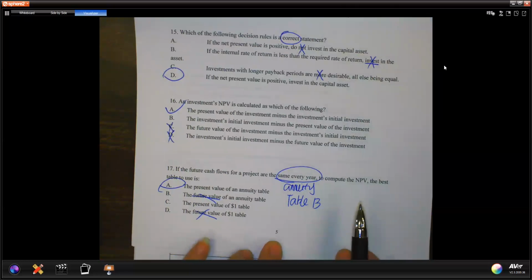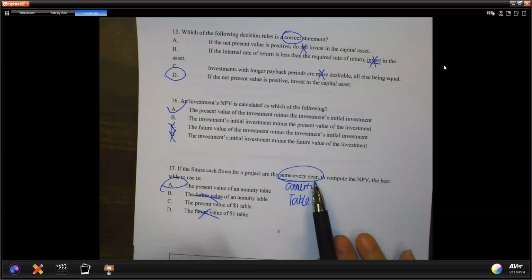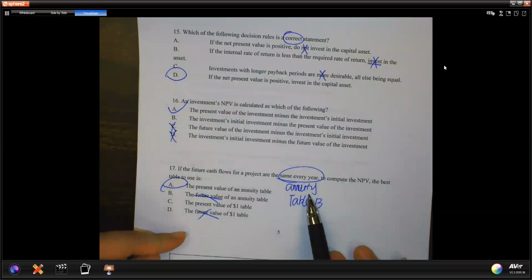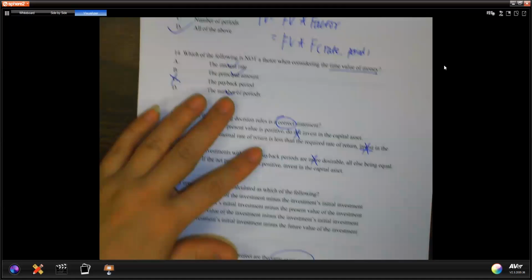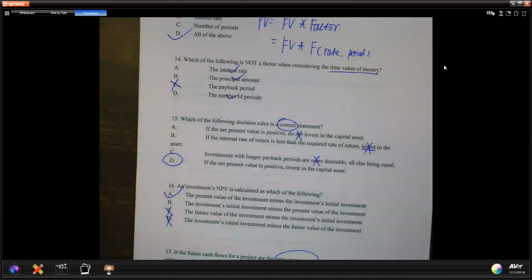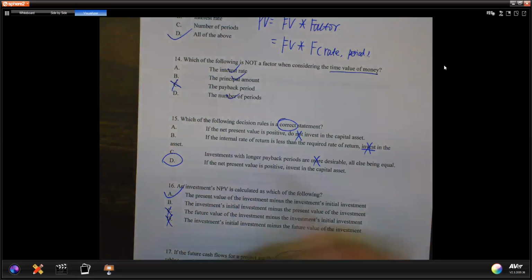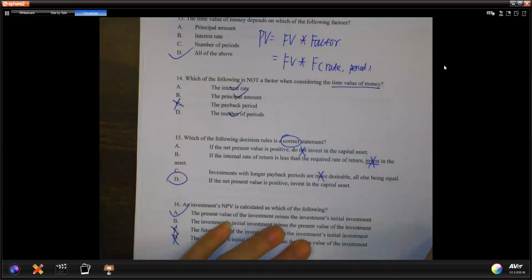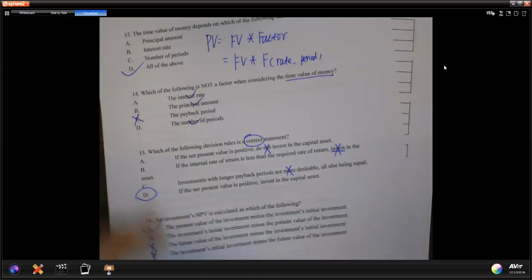Question 17, we said if it's the same every year, constant cash flow is the annuity. So we just use the present value of annuity table. You can see the multiple choice actually doesn't have a lot of fancy calculation. So just use this one. I would say practice as the basic thing, but I personally think you will have a similar level of calculation with my accounting lab, those questions. Okay, last page.